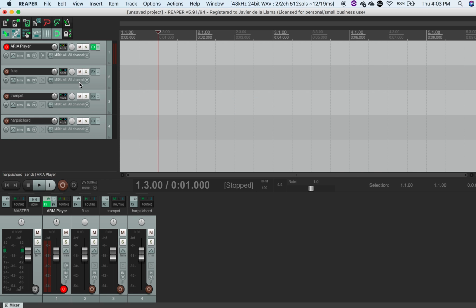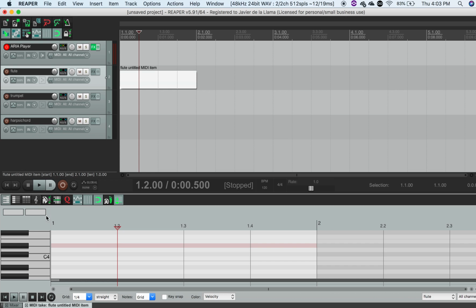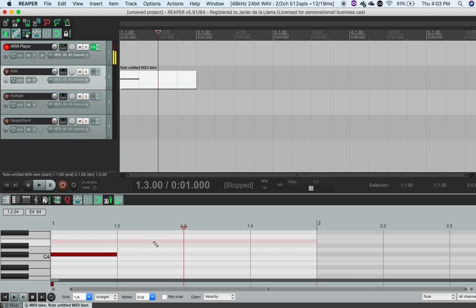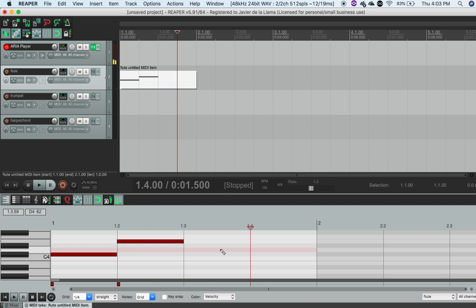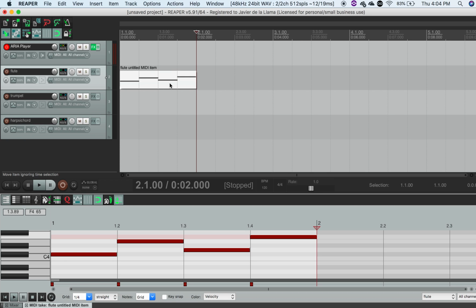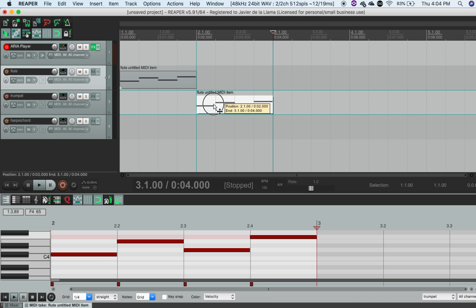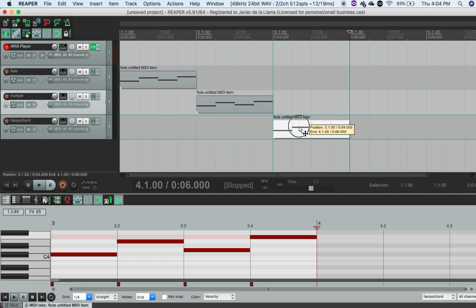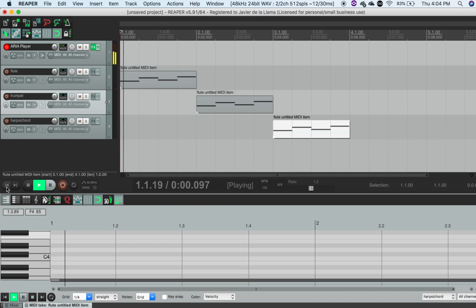Okay, so now if I go in here and insert a new MIDI item, and I double click, I get my flute sound. So if I add some notes, and then I copy this, oops, no, it's fine. I can then put it over here, and put it over here, and when I play it back,